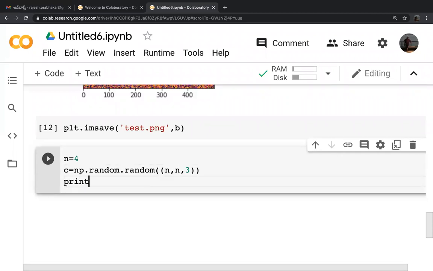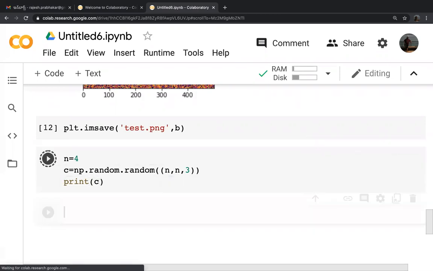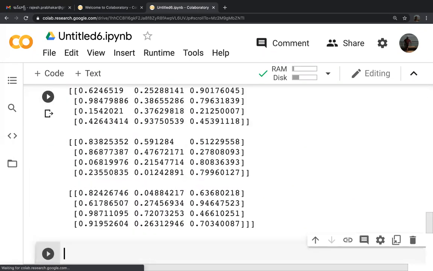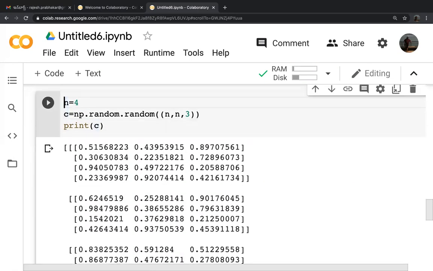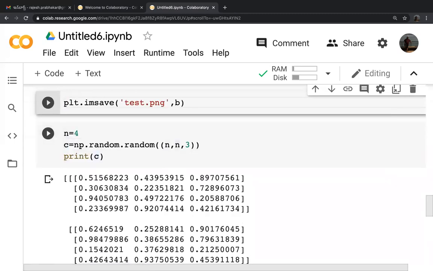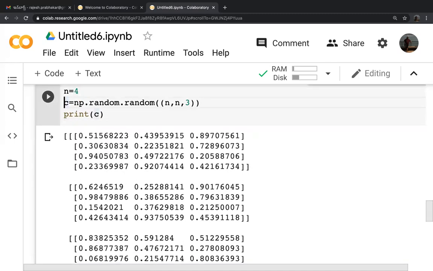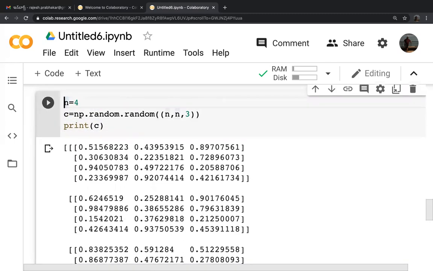Let us see what type of matrix we are looking at. Print C. So we are looking at matrix C, four matrices are created. We have randomly created it using the rand function, 0 to 1. It created a three-dimensional NumPy array.